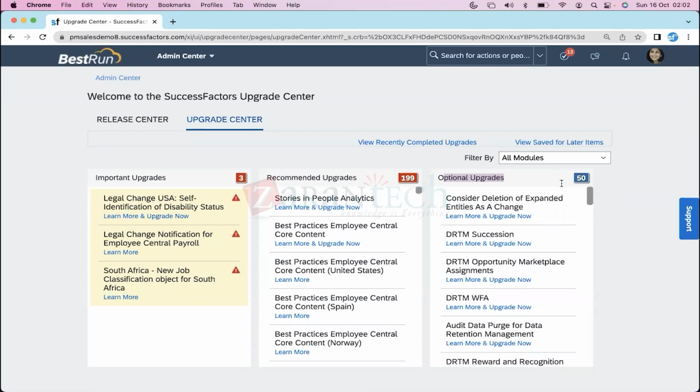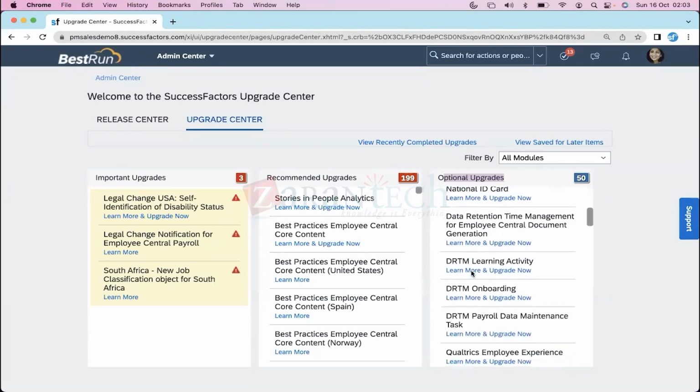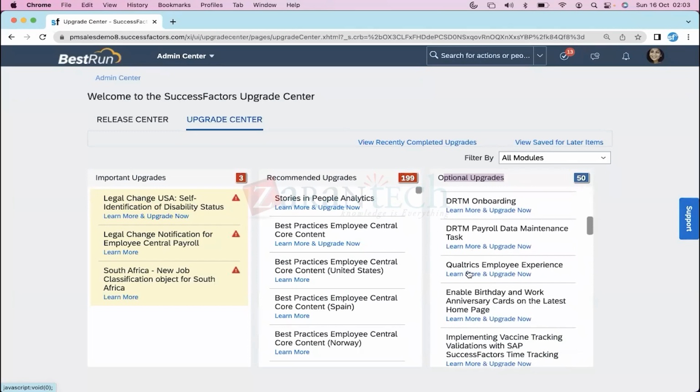That way, the upgrades are divided into universal and admin opt. These are all admin opt, where the admin has to opt in if they want it, or leave it. And how do we perform that upgrade? Whichever upgrade you want to perform, you can go there and click on learn more and upgrade now. Learn more and upgrade now is a link that you will have against everything. You can go inside,